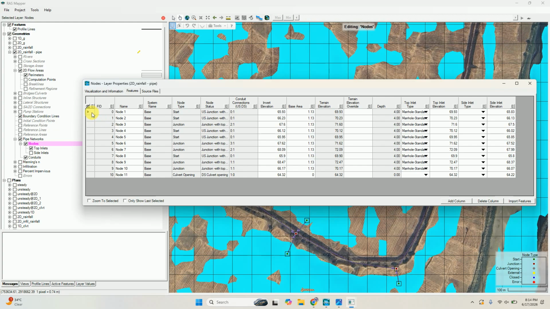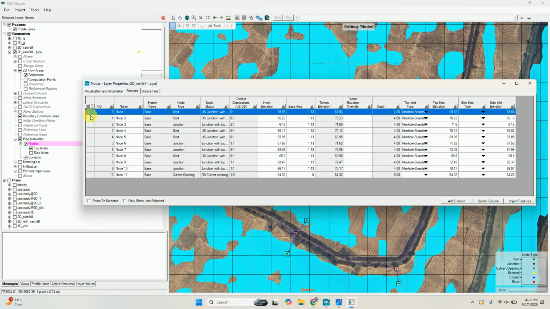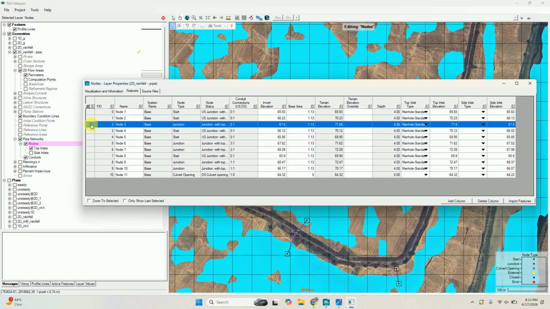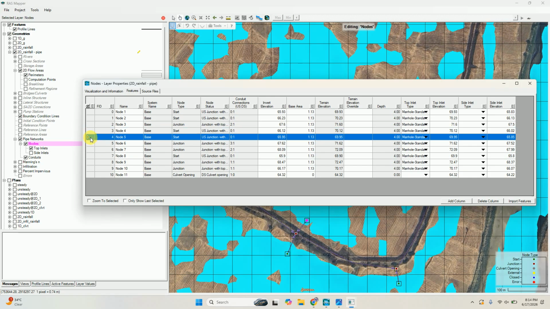If you click here, let me click here, click here. Okay, like node 3, this one is node 3. Similarly, this one is node 4. Okay, node 5. So these are the nodes and this is their terrain elevation.